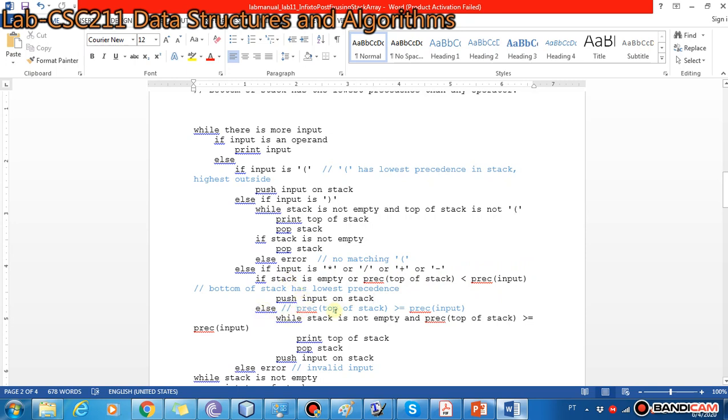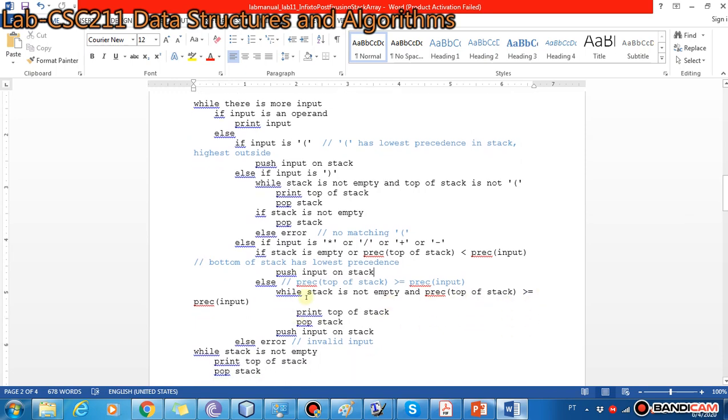Else, if the precedence of the operator residing on the top of the stack is greater than the precedence of the operator in the input string, for example, there is a multiplication or division operator on the top of the stack, and you encounter plus or minus in the input string, then what you do is, while the stack is not empty and the precedence of the top of stack is greater than or equal to the precedence of the input, you print the top of stack, and you pop the stack, which means that the operator on the top of the stack is popped and it is attached to